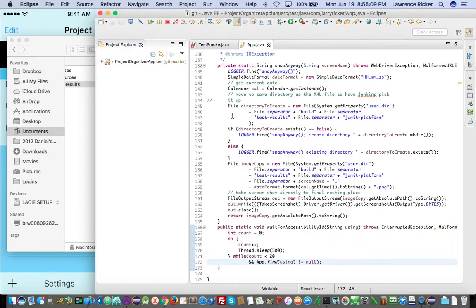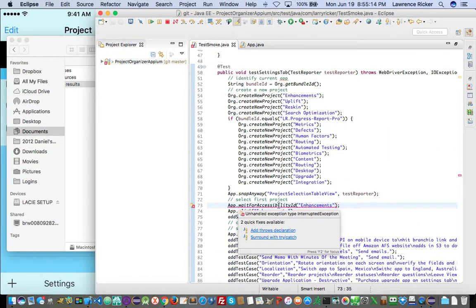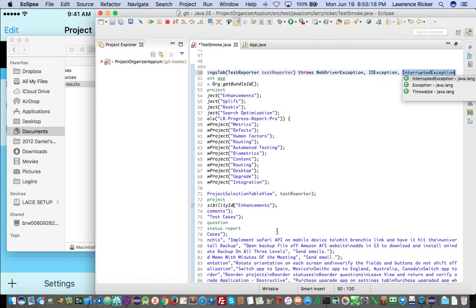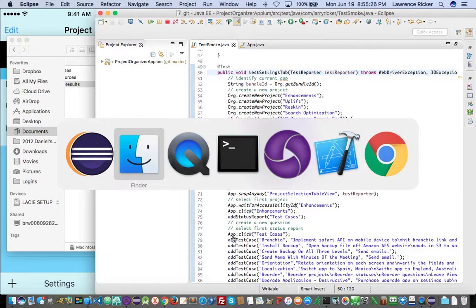So let's go back here. We seem to have an error here, and I have to add a throws clause. Okay. All right. I think we're ready to run. Okay. So I'm running outside, or at least I have been running outside of Eclipse. I can run inside of Eclipse as well, but